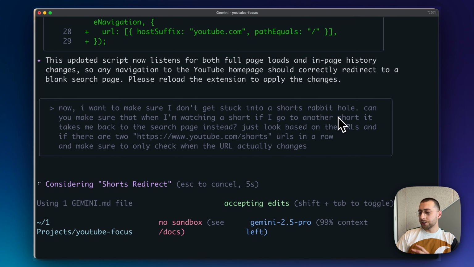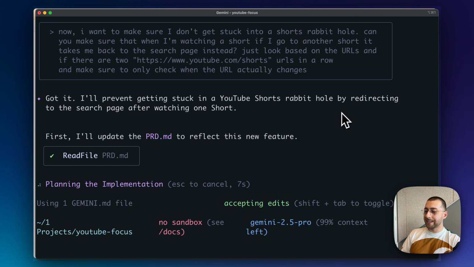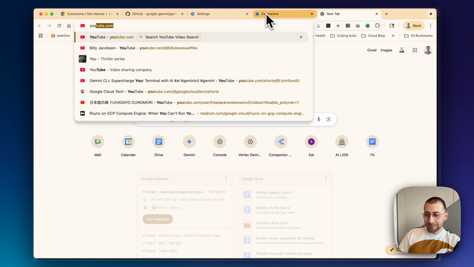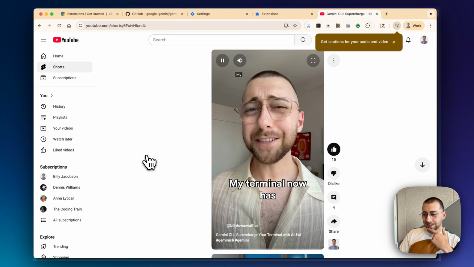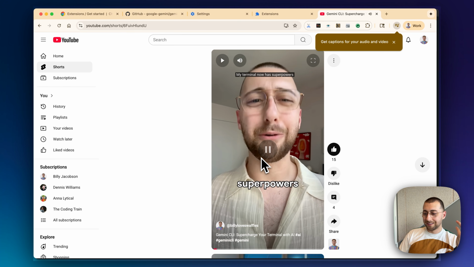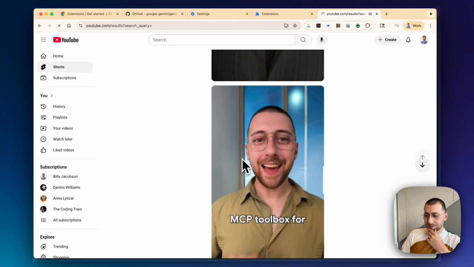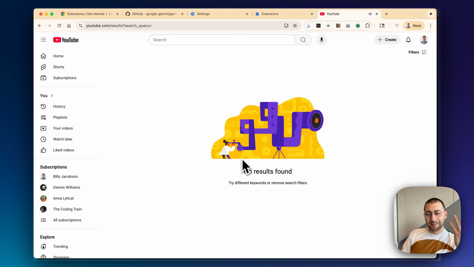Can you make sure that when I'm watching the short, if I go to another short, it takes me back to the search page instead? Let's go to my YouTube channel, actually, so we can click one of my shorts. My terminal now has superpowers. Yeah, my terminal with this Gemini CLI definitely has superpowers. Okay. Now when I'm at one short and I scroll down to the other, I get redirected to the search